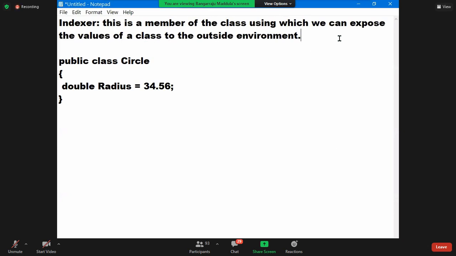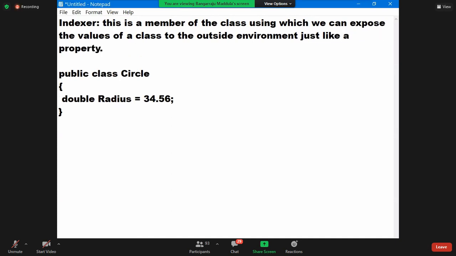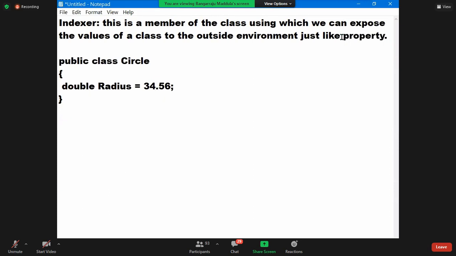You can expose the values to the outside environment. Okay, so this is possible. And very importantly, just like a property. Okay, so then what is the difference? I'll show you what is the difference.